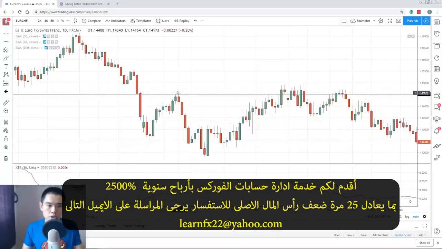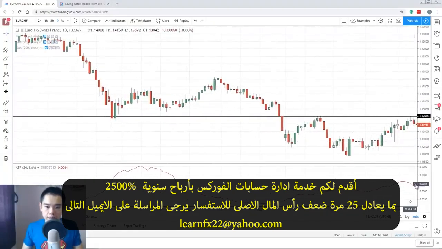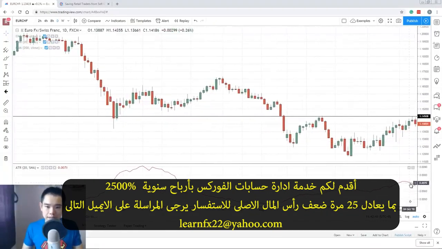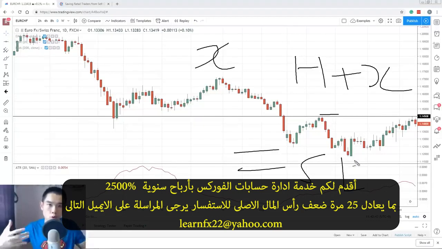So again, don't put your stop loss just above the highs. Use your ATR value in this case again. Just calculate what the current ATR value is. Let's say it's X. Find out what the highs are over here, then just take the highs plus X, and that is your stop loss. So you can give your trade more room to breathe, so you don't get stopped out by all those